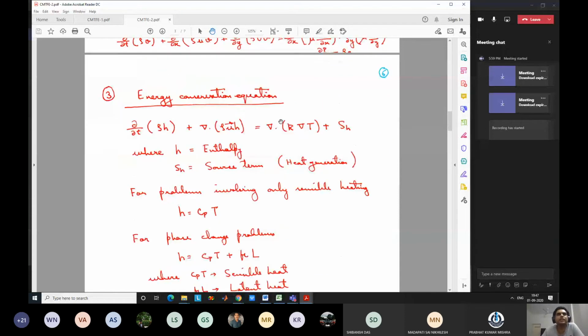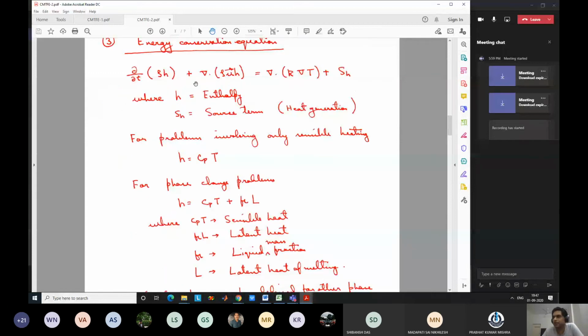So now what is this h? h is the enthalpy. Enthalpy is the energy content of a fluid when it is flowing per unit volume, or per unit mass in this case. Sorry, we will represent it per unit mass, kilojoule per kg.